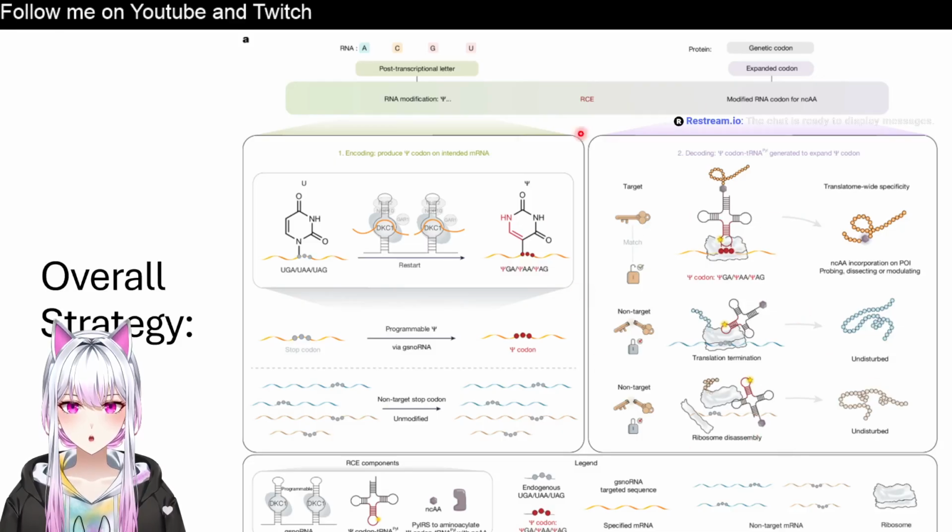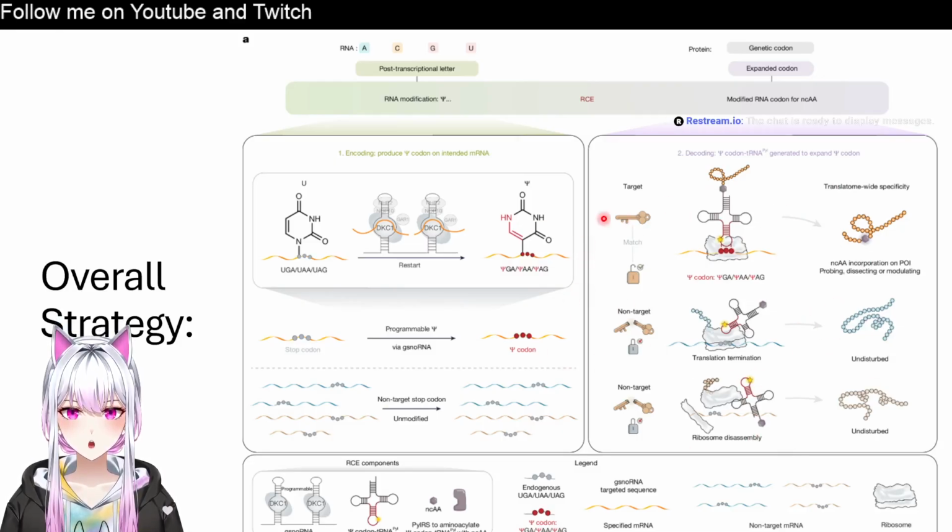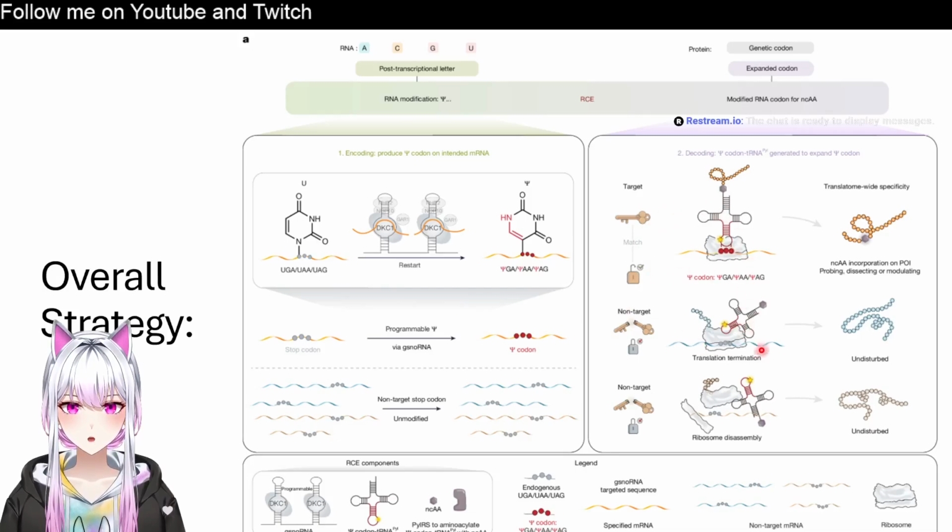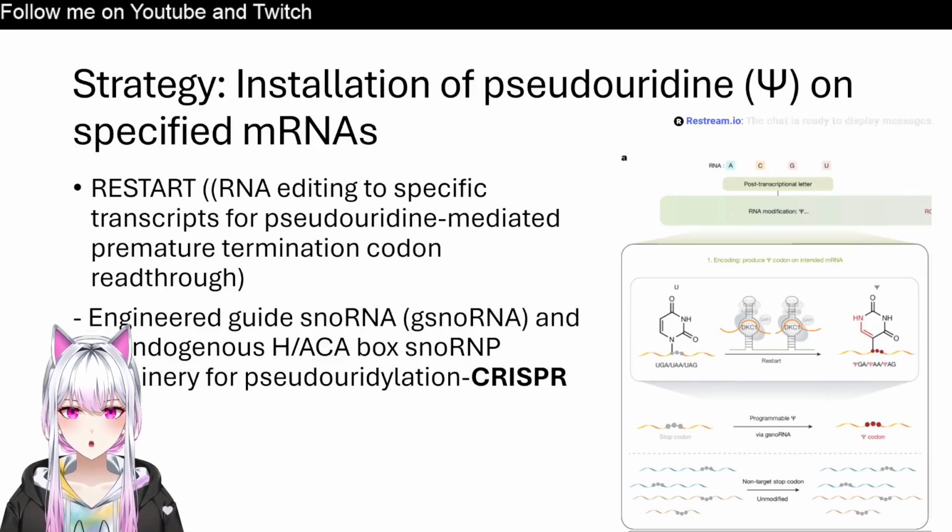So I think the interesting part is the decoding, when it forms tRNAs that can bind to these pseudouridine codons. First, number one strategy: how do they install pseudouridines on specified mRNAs? They did not make this; it has been discovered previously. People have found this, which is called RESTART. It's RNA editing of a specific transcript for pseudouridine-mediated premature termination codon readthrough. So what exactly is this? We just have what we call an enzyme and guide RNA,